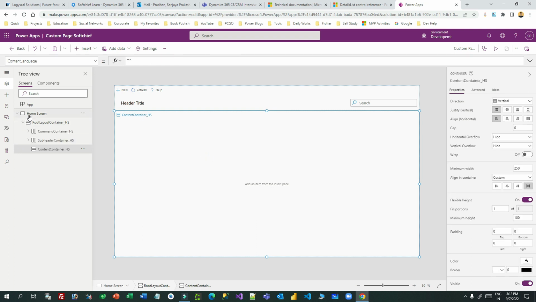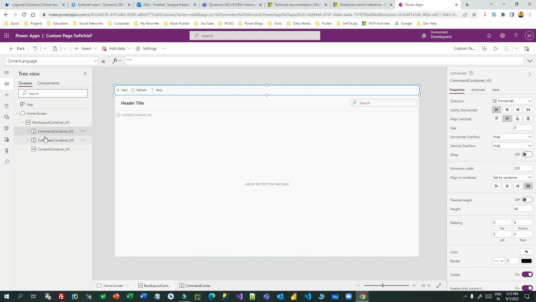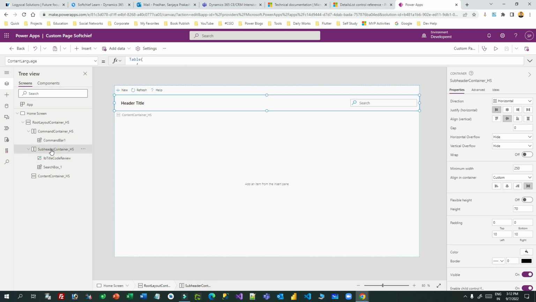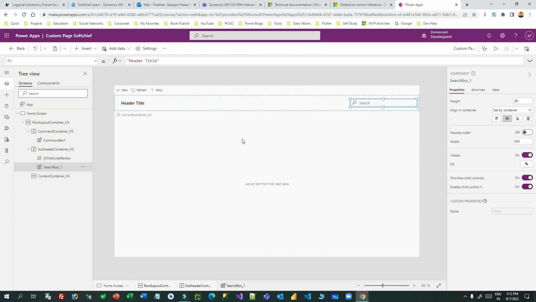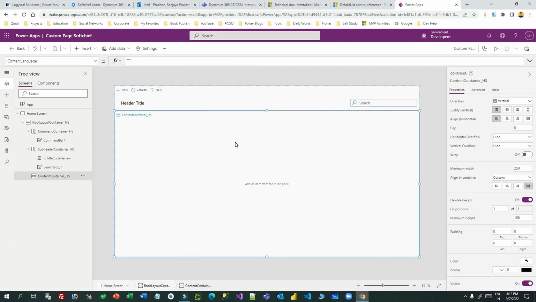Now here you will see the custom page is having some containers for responsiveness. There is a vertical container and there is a horizontal container inside that. There is also a command bar placed here, and below that command bar we have a label, and there is a search box control. So these are the controls that are part of your Fluent UI, not specific to your Canvas app or your Power Apps, right? So let me use the details list in this